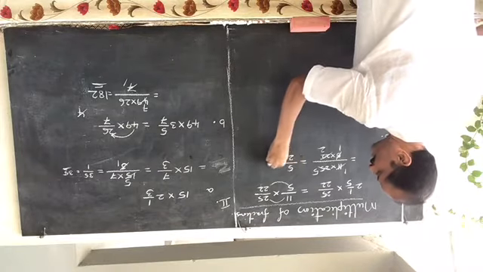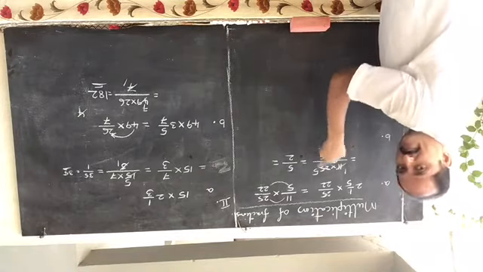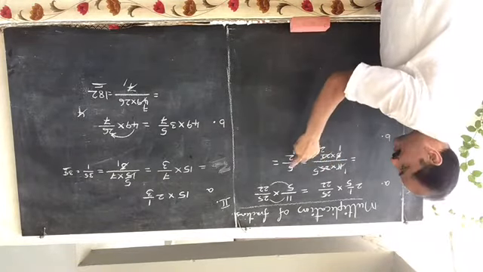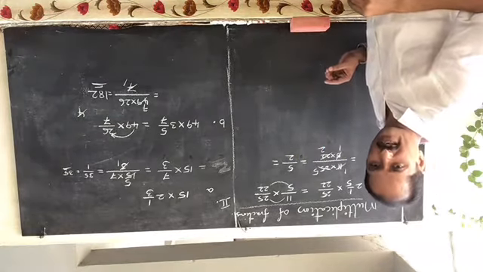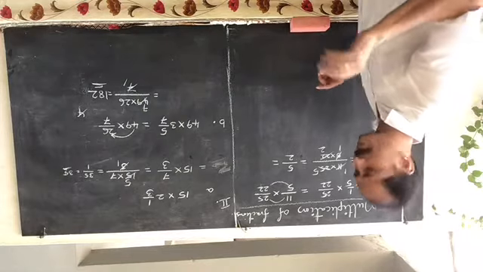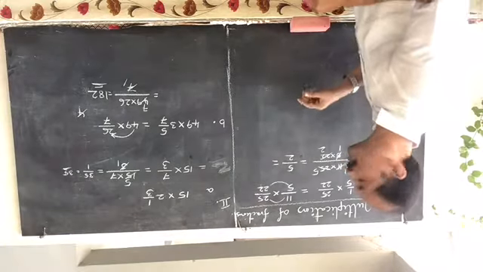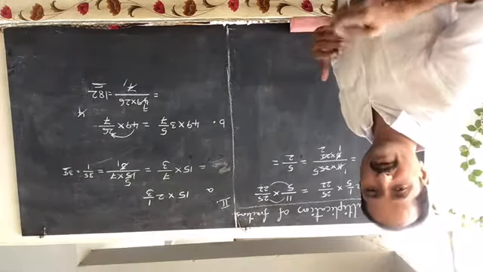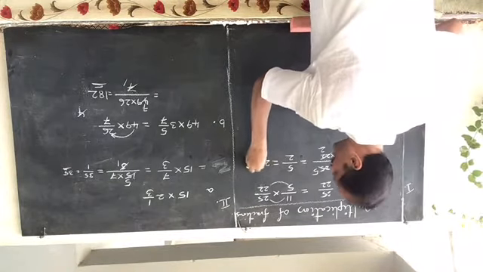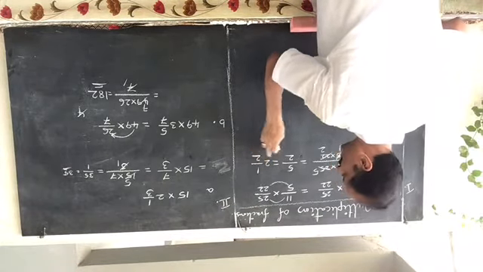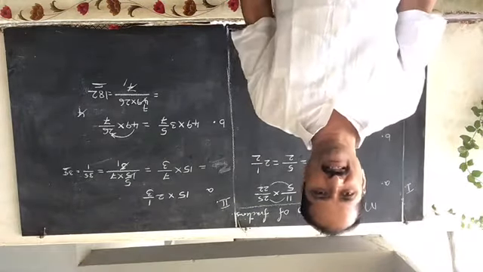5 by 2 is an improper fraction. Convert into mixed, since here we are simplifying; the simplest form of the fraction we are writing. 5 by 2 is in its simplest form because 5 and 2 don't have any common factor. These two are co-prime numbers. But it is an improper fraction, so convert into mixed. 2 twos are 4, remainder 1. So 2 and a half. 5 by 2 is 2.5.